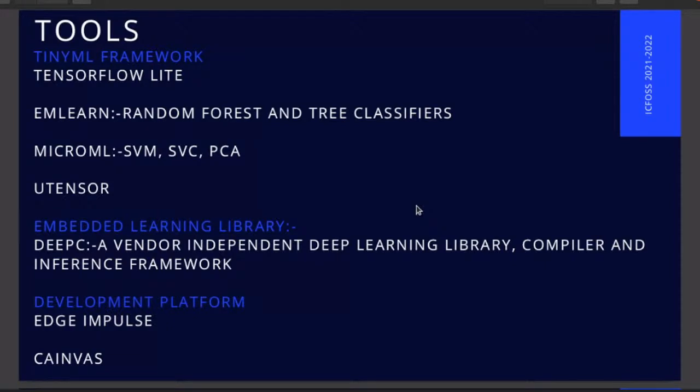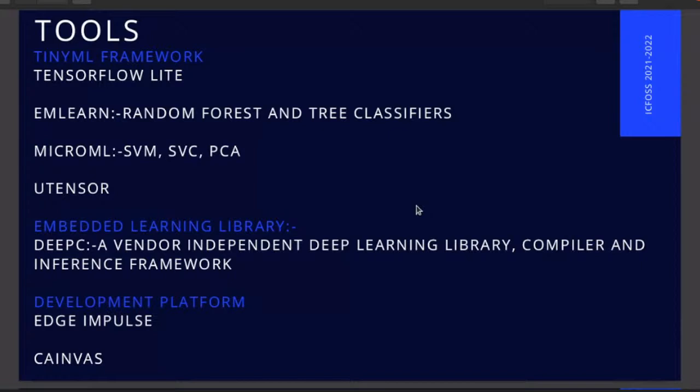And EMLearn, a Git repo, can be used for some, not all, machine learning processes, like random forest and tree classifiers, and microML for SVM, SVC, and PCA, and then mu tensor, a new tensor commonly used for converting your model into embedded code. That's embedded learning libraries. DeepC is like a TensorFlow library that can compile and be used as an inference framework.